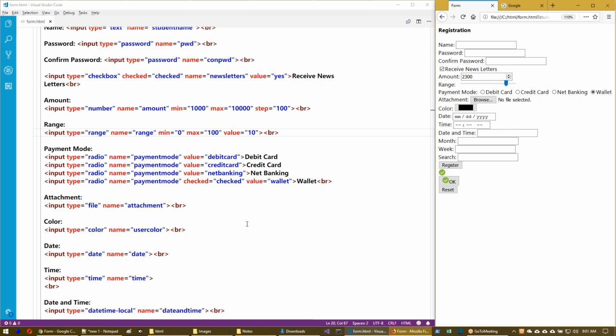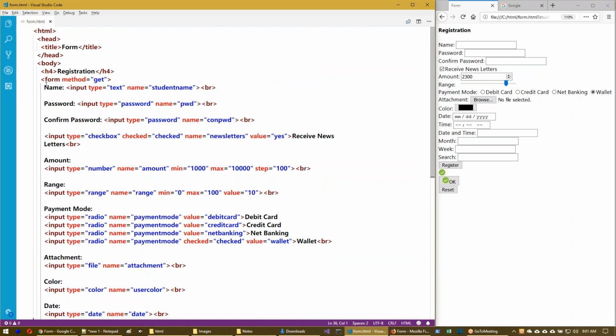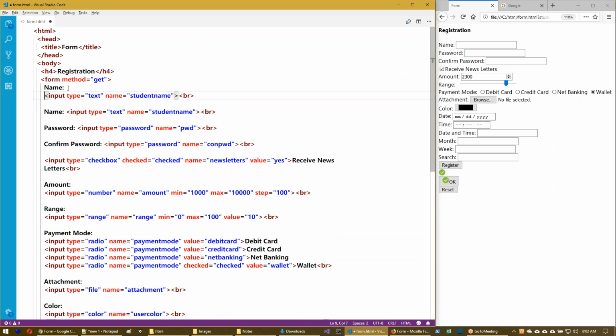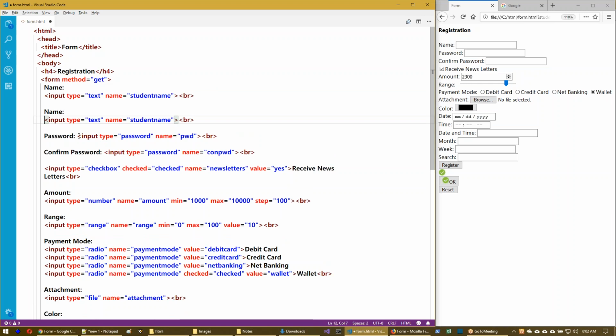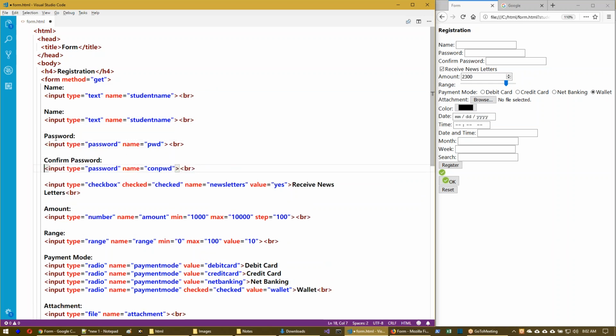Like this, we can choose any middle number. Next, if you want to accept the email address of the user, input type equal to email is better. Input type equal to email means,